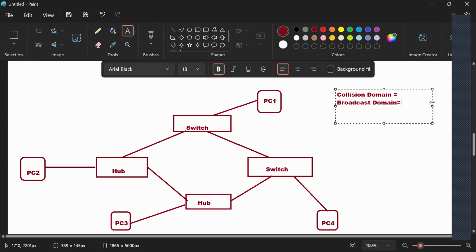Anybody else? How many? Yes, 8 collision domains. Anybody else? 3, 8.